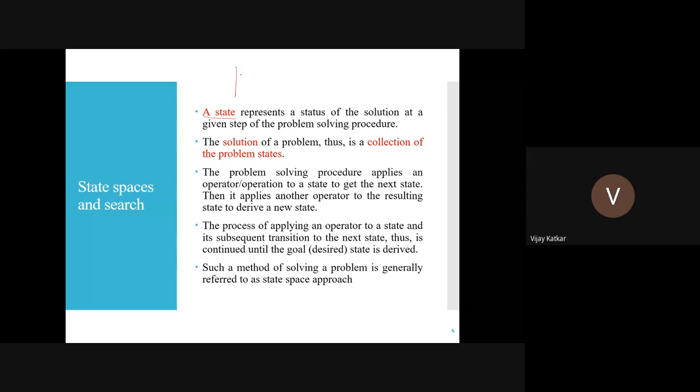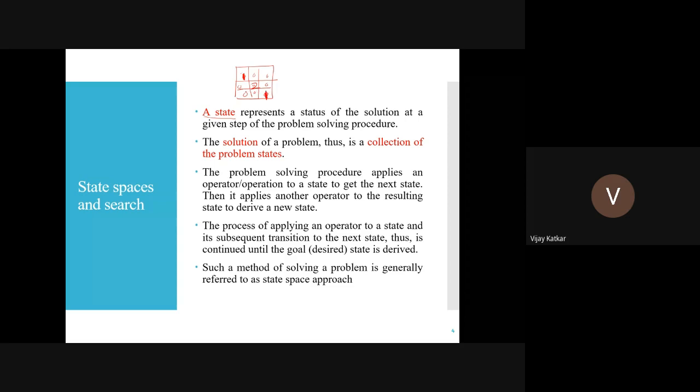For example, if you are talking about the tic-tac-toe problem, then what can be the initial state? Initial state is everything is 0, nothing is played. Then player 1 marked it, let's say it is marked as 1. So this is the current state. Then the other player went for the center, this is 2, so this is another state. Then the next player went for 1 here, so this is a state.